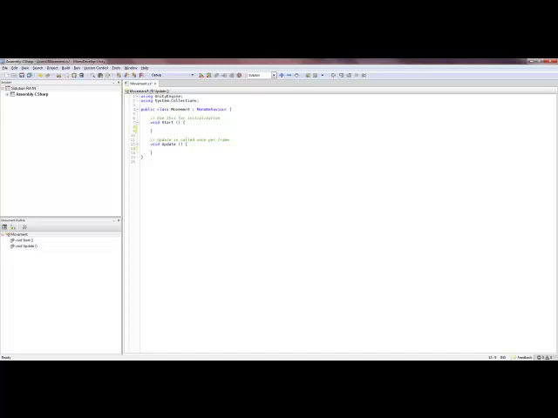So in our update, which is called once every frame, we need to do if Input.GetKeyDown(KeyCode.W), let's put W, because we're going to set up a simple WASD setup. So then we're going to go to